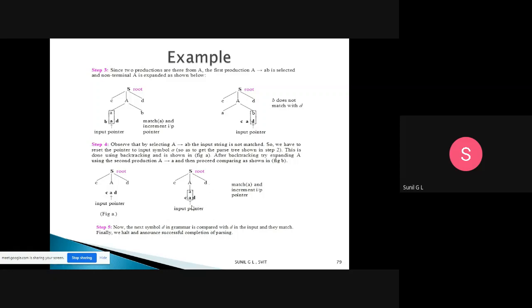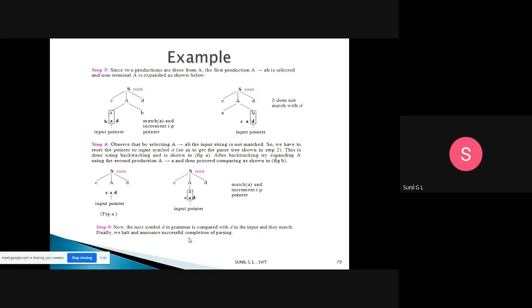So the input pointer has matched all the leaves of the parse tree. The next symbol D in the grammar is compared with the D in the input, and they matched. Finally, we announce successful completion of the parsing.